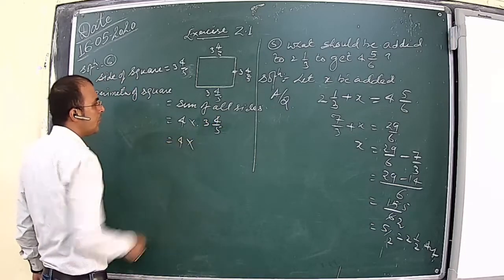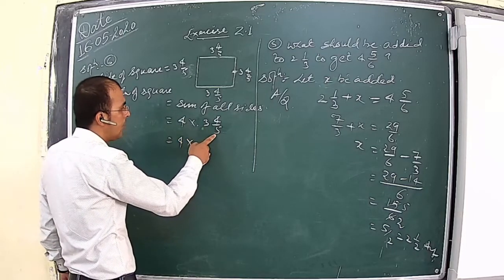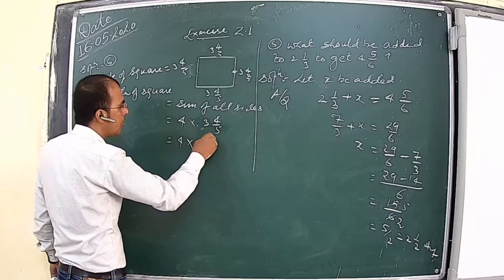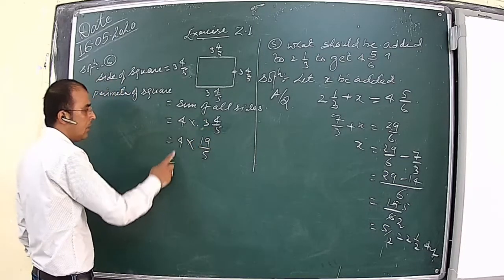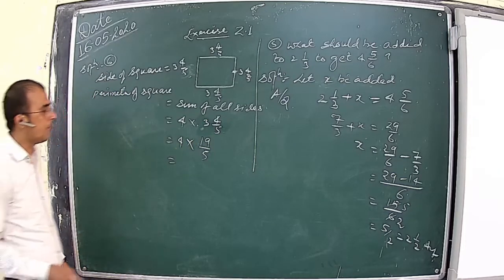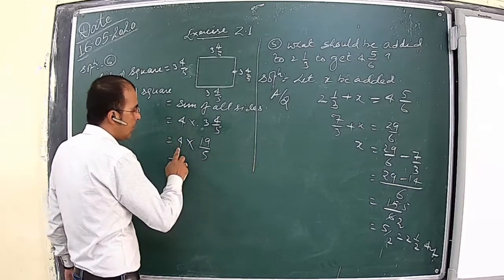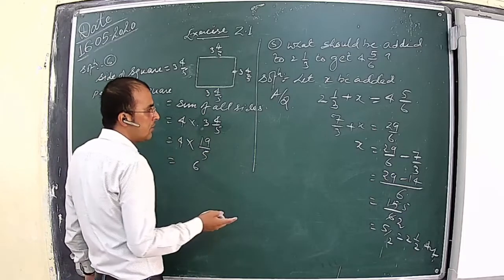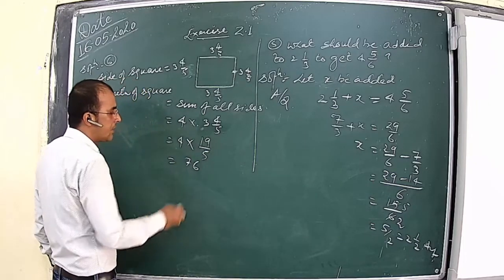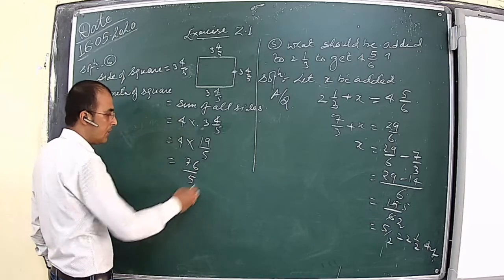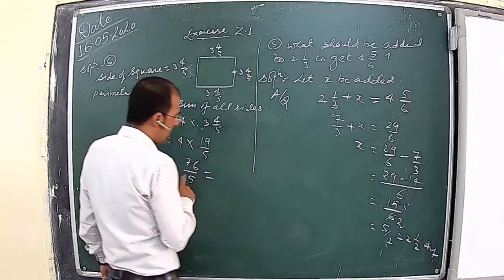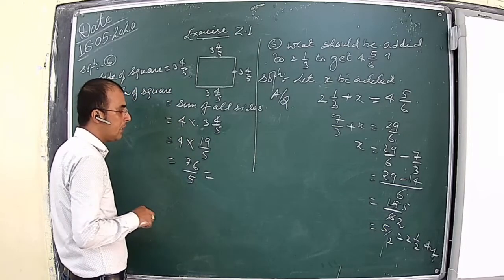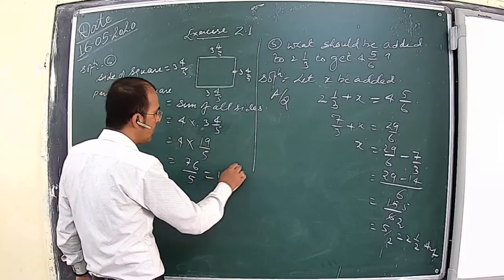Then you can write 4 into, 5 threes are 15, plus 4, sorry, 15 plus 4 equals 19 by 5. And now you will multiply 4 into 19/5. 4 nines are 36, and 4 ones are 4, and plus 3, then it will be 76 divided by 5. Is it clear? So you can change it to a mixed fraction. So you know that 15 fives are 75, it means 15 whole 1 by 5.